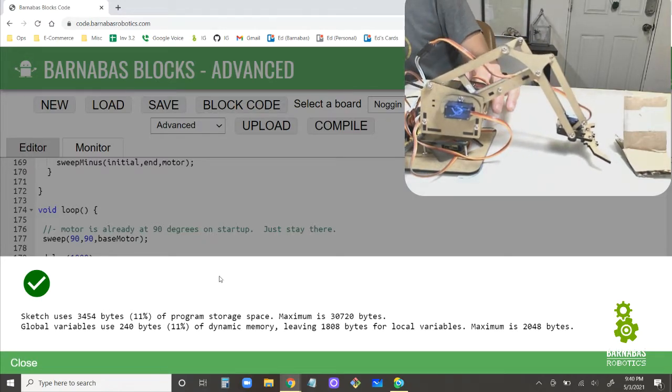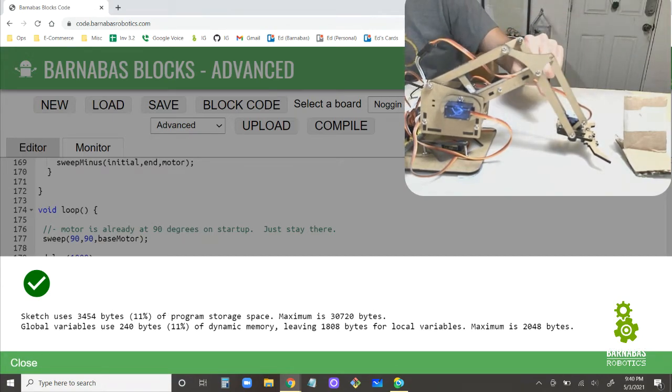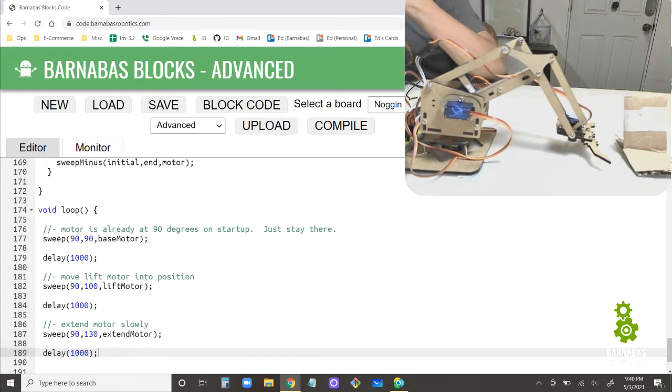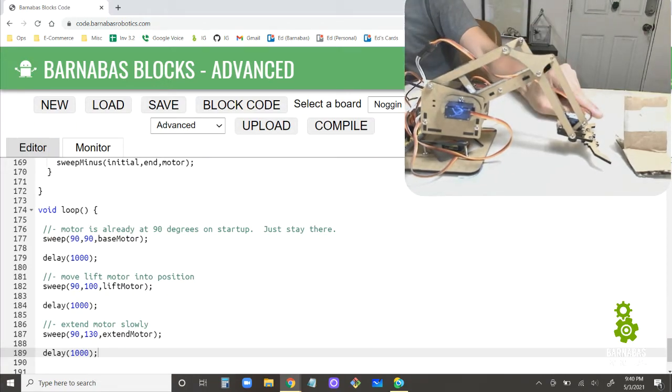All right. See, that's that last move. You can see it diagonally. It went diagonally down as well. So what I need to do now is lift the motor